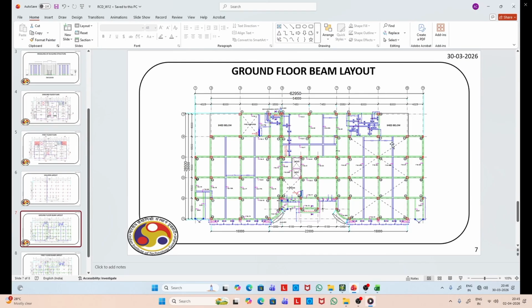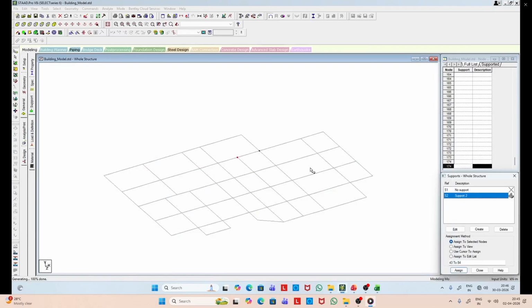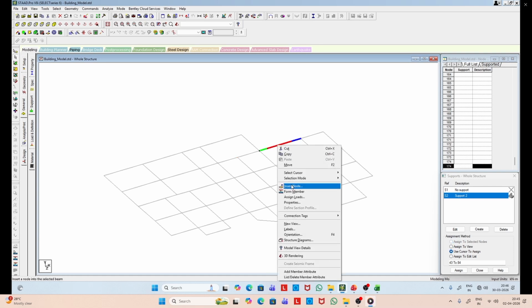Then we have to repeat the same process for the secondary beam marked blue in the next grid. For that again, we have to create the new point in between. So we divide this beam in a similar way.